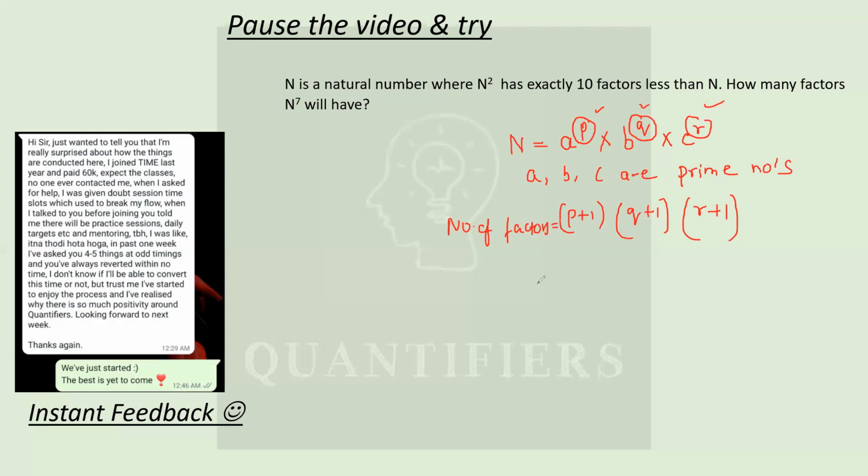Let us try to understand this with the help of some numbers. So let's say I take the number 24. Now the first step is to prime factorize. So if we prime factorize, we'll get 2 to the power 3 into 3 to the power 1. Now just focus on the powers. We have to increase the powers by 1. So this will become 4. This will become 2. So 4 into 2, this will give us 8 factors. Okay, meaning if you calculate the number of factors of 24, you will get 8 factors.